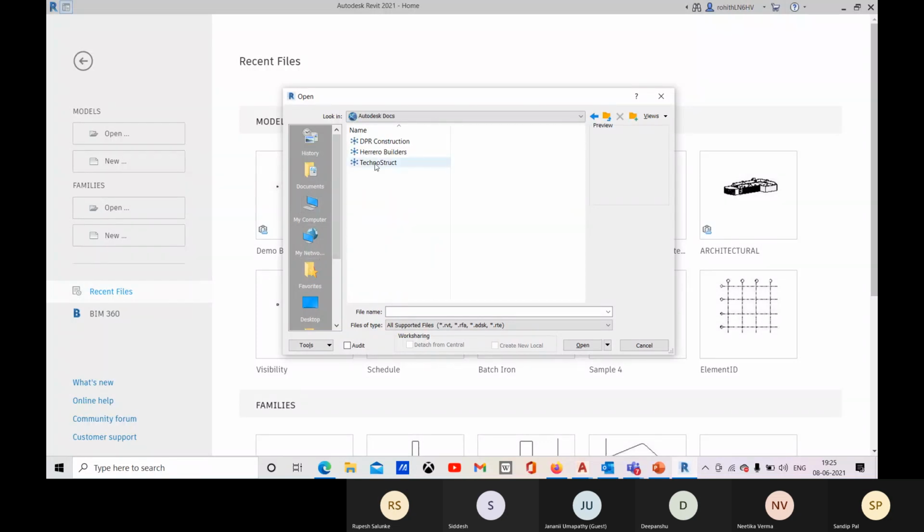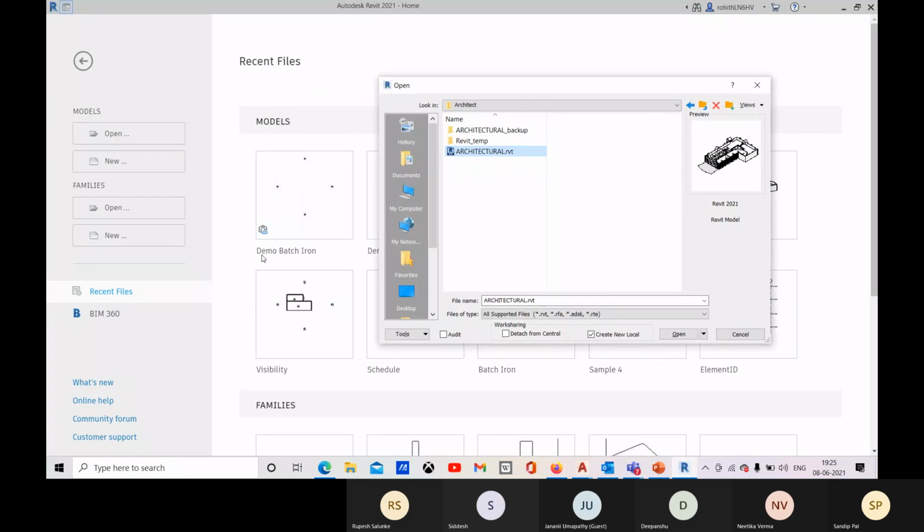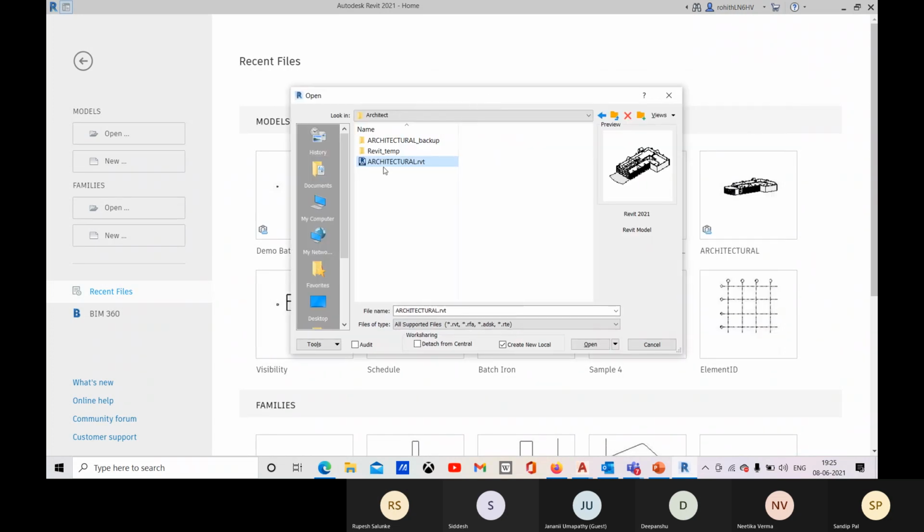Okay, so yes, Autodesk Docs, Technostruct, and this demo project files, architect, and this is the architecture which is already there. Okay, and the current one which I have created, demo batch iron, is not available. I have to publish that. So it will take time, so I'm going to show with this file.